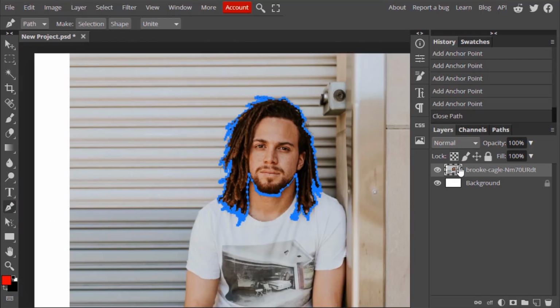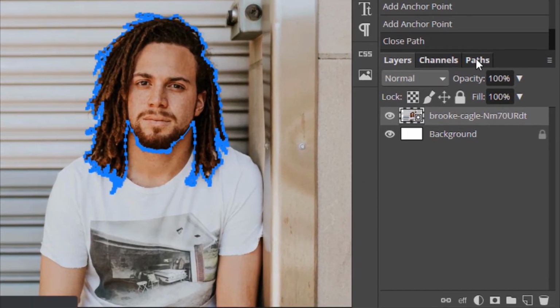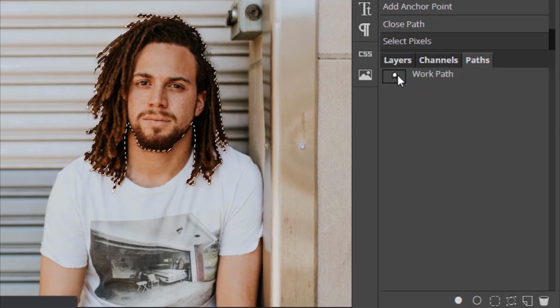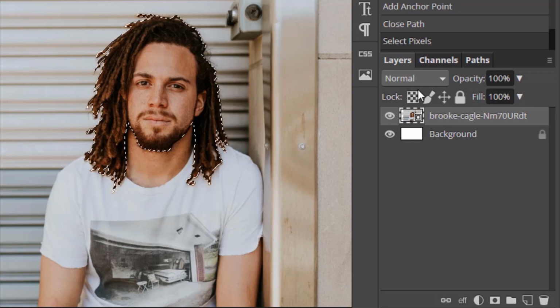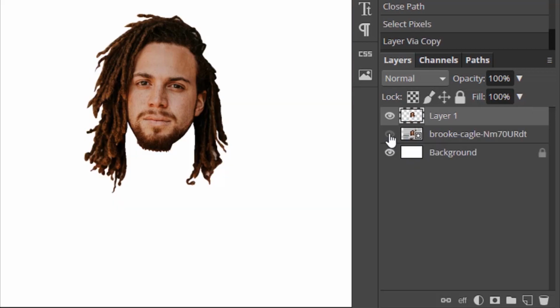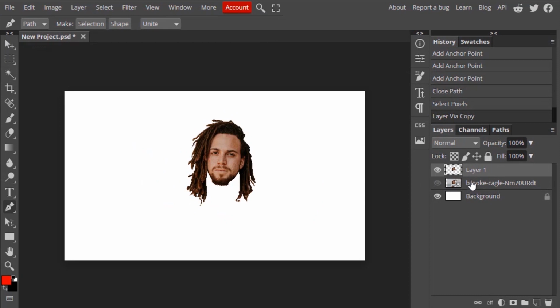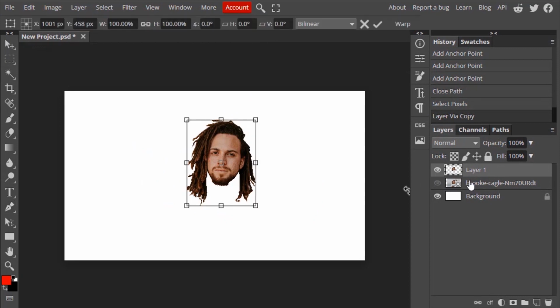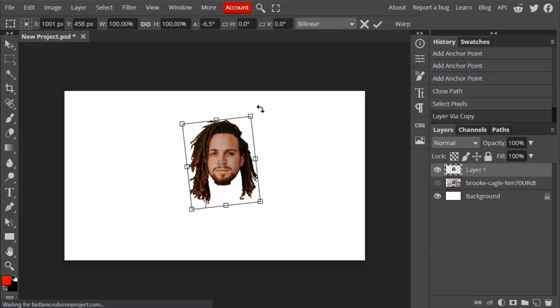After adding a path around our face, go to Paths and Ctrl plus click inside the thumbnail to make the path into selection, and go back to Layers and Ctrl plus J to duplicate the selection, which is the face. Then you can transform the face. If it is slightly rotated, you can rotate it back to make it look straight, or you can leave it as it is. I'm gonna slightly rotate the face and click on the tick icon.